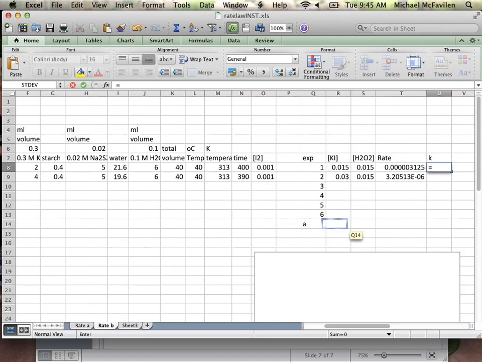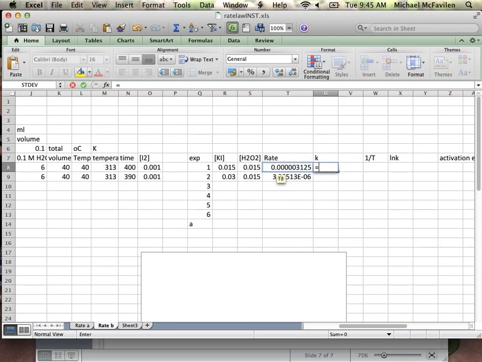Our rate constant, we said, was equal to our rate divided by, we need to make sure we include our parentheses here. The Ki, to get it to the power, we'll do the caret. What did I say Ki was? 0.923 times our peroxide to the